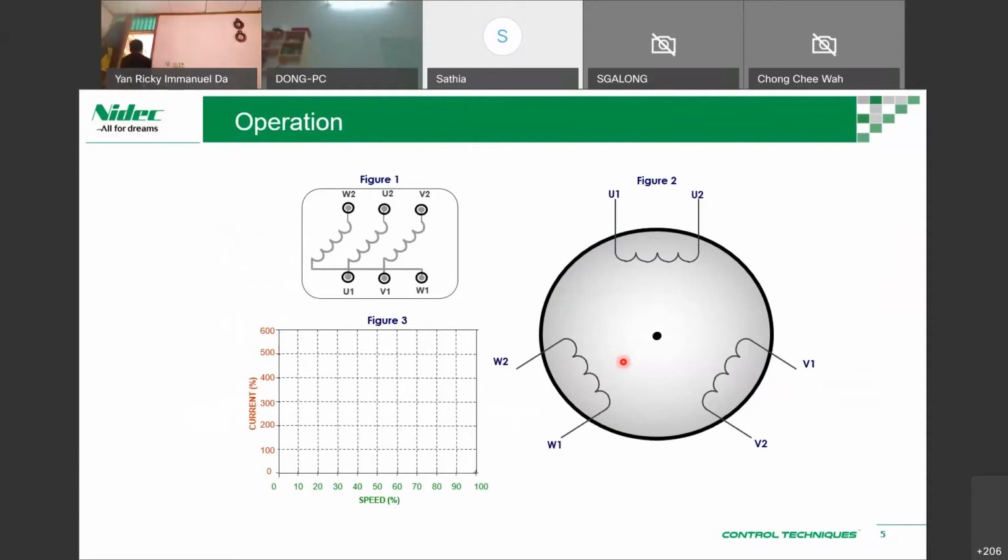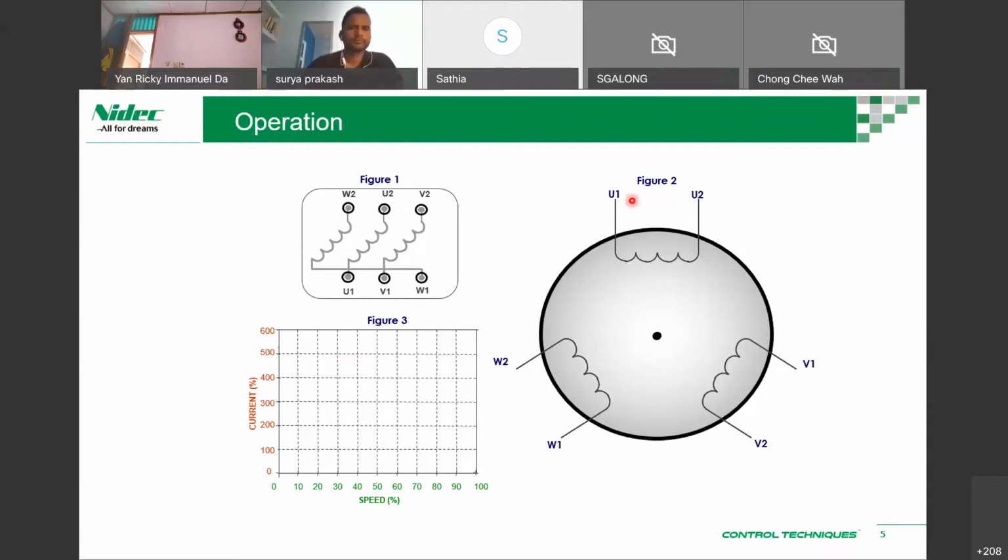So I'll run through a bit on how this is a simplified version of the winding. It's more complex, but this should give us an idea of what to expect in a motor. So we'll have UVW windings, so to speak, like one winding, first phase winding, second phase, and third phase, or some would say RST, in terms of input. When we're talking about motors, it's typically UVW. So this is a configuration of